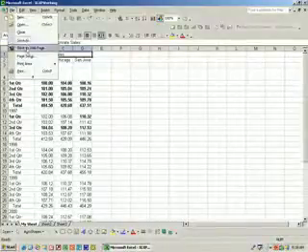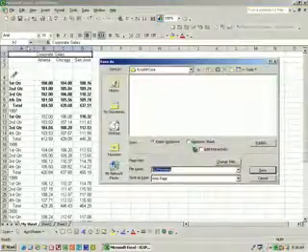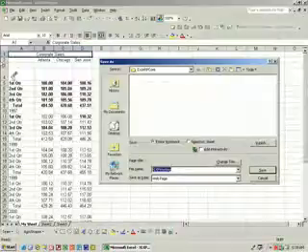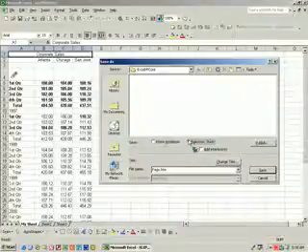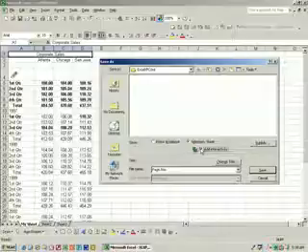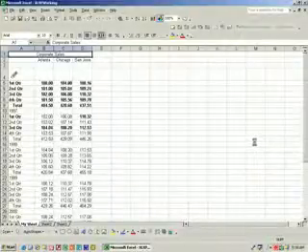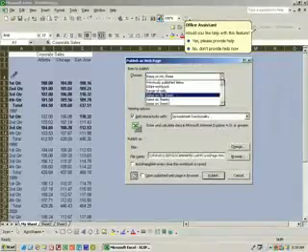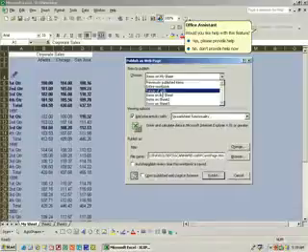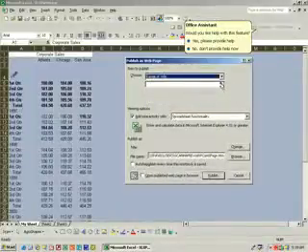Okay, let's go to the File menu, Save As Web Page, and check the Selection Sheet radio button, and check the Add Interactivity box, and then click the Publish button, and from the Choose drop list, let's select Range of Cells, and then click the Collapse button,